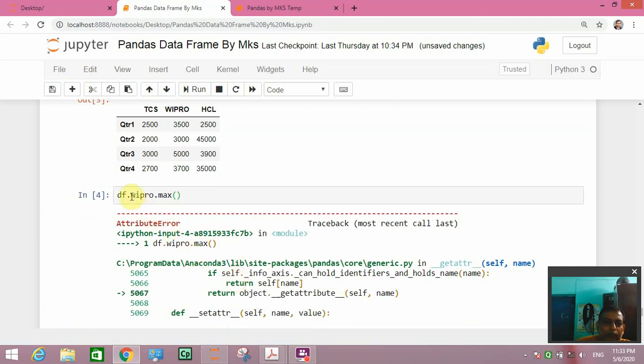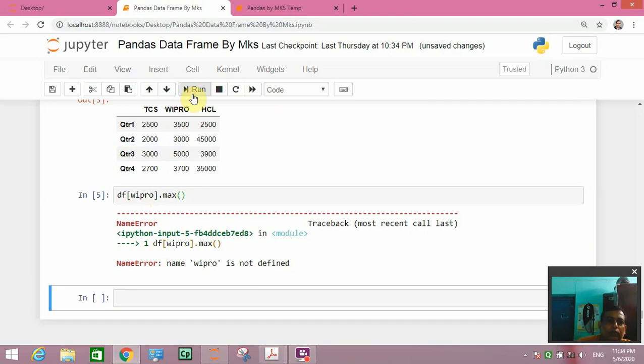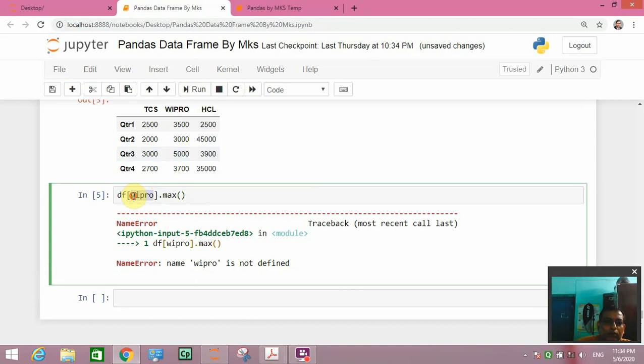Why? You have to write like this. Run. Wipro is written in capital letters, so write in capital letters, WIPRO, run.